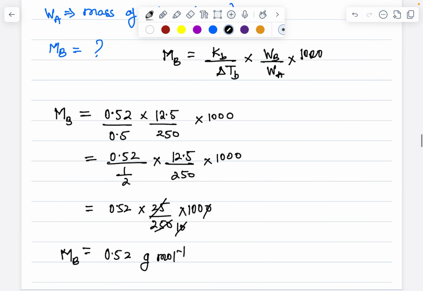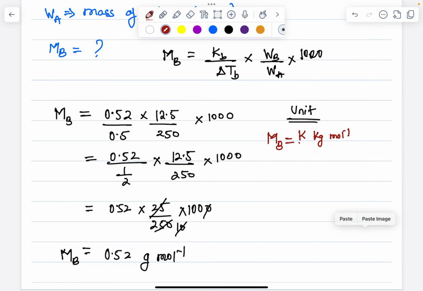How are we getting it? Molar mass unit is what? Grams per mole, but how are we getting it from here? So let's talk about the units also. I'll talk about the unit of this. 0.52 was what? Kb, right? That is Kelvin kilogram per mole. 0.5 was the difference, which was in Kelvin. Now over here 12.5 is gram,